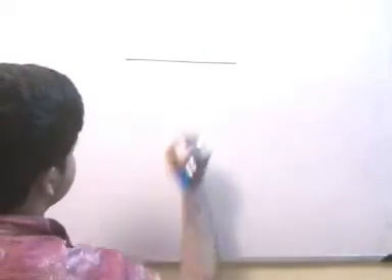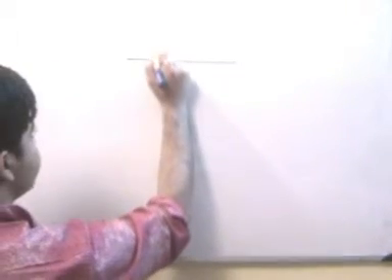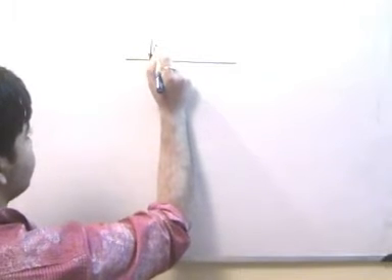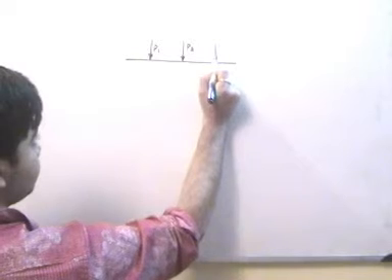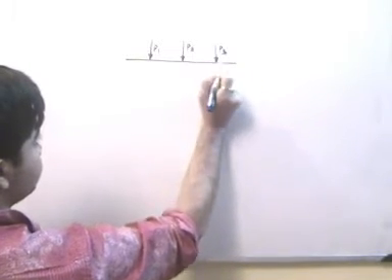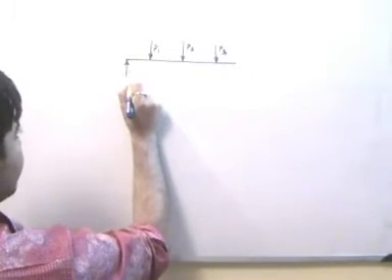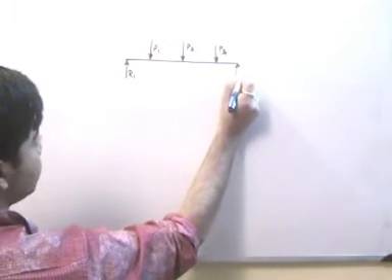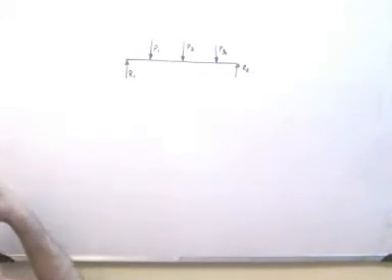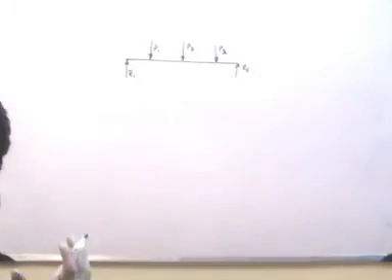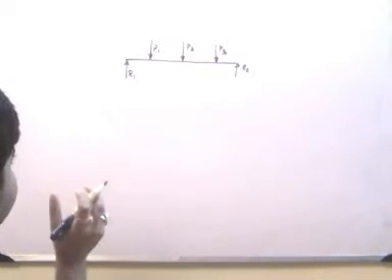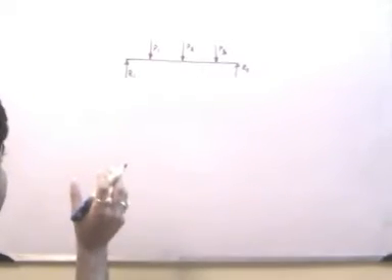concentrated loads. For example, suppose this is my beam, subjected to P1, P2, P3 forces. My reactions are R1 and R2. To draw the shear force diagram or bending moment diagram, the first thing to consider is that we have to define certain regions wherein the shear force diagram and bending moment diagram will be defined by